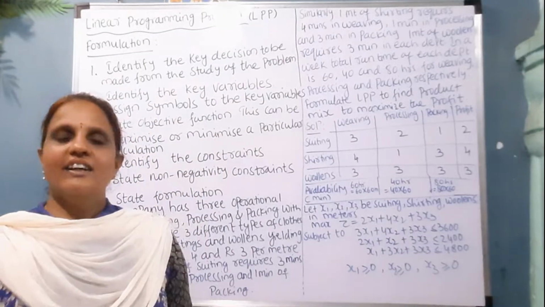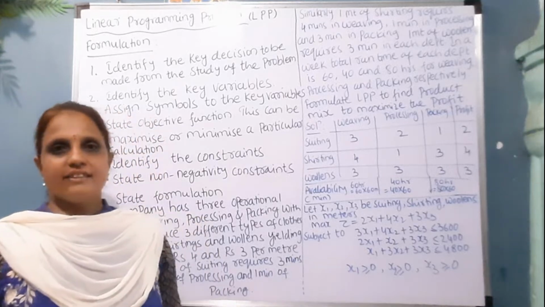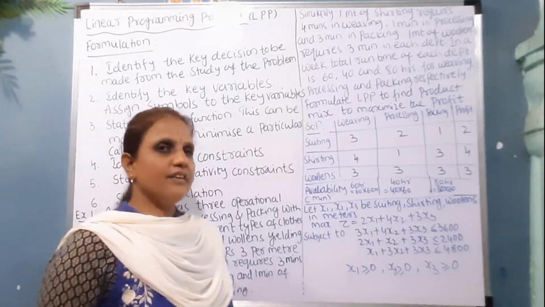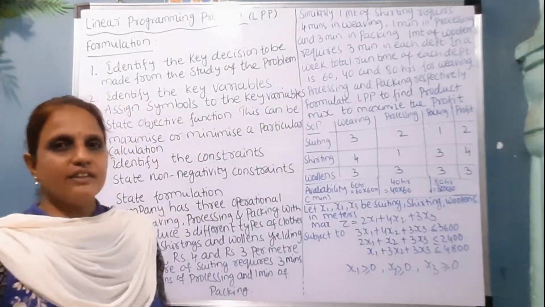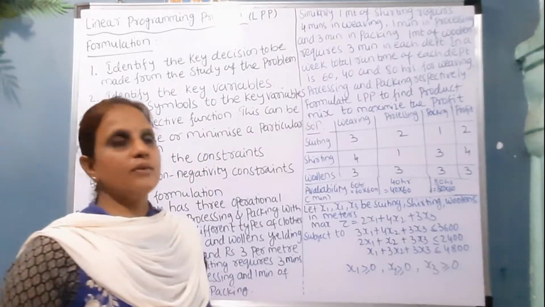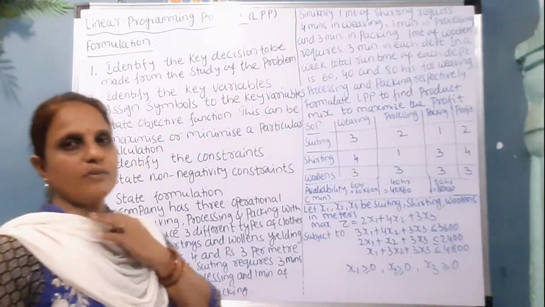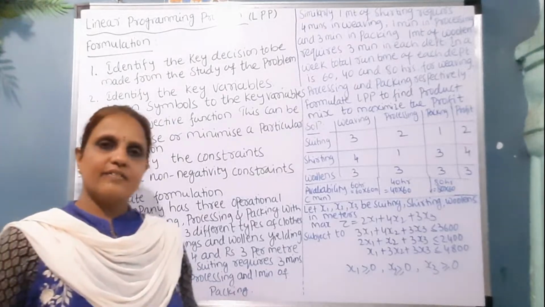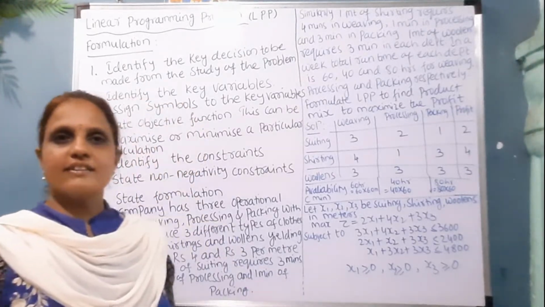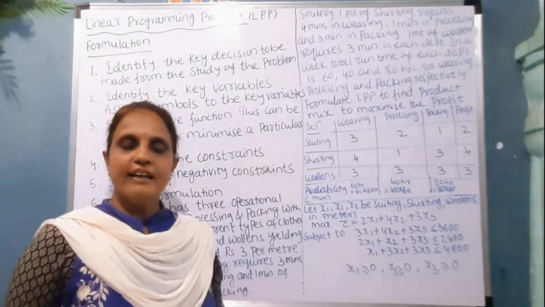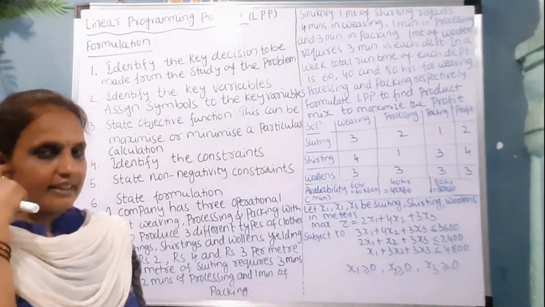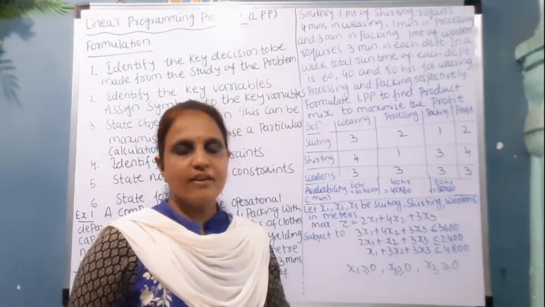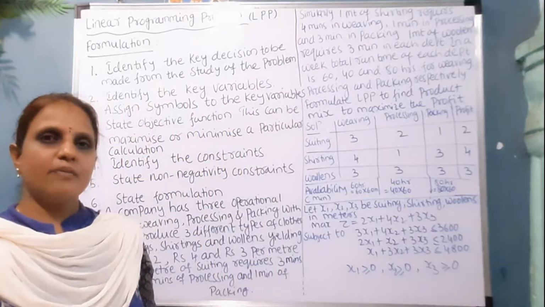Hello everyone. Today I will continue the operation research topic which we have seen in the last video. In the last video we have seen the definition of OR and the definition of linear programming problem. A linear programming problem is a problem in which we find the decision variables and decision function according to the restrictions. We formulate it into a mathematical equation such that the problem can be solved for maximization or minimization, or we can call it optimizing a problem.